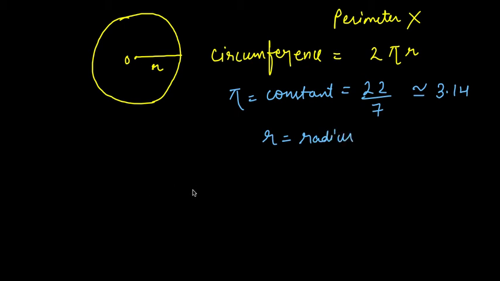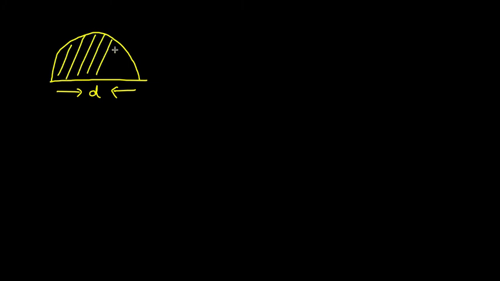The next formula is the area of the circle, which is pi r square, where again pi is a constant and r is the radius of the given circle. This is also calculated in square units. Now I am explaining the circumference and the area of the semicircle. What is a semicircle? This is a semicircle, right? If I cut a circle from the center, I will get a semicircle. This was the diameter, right? This is how I get a semicircle when I cut a circle in half. So this shape, the semicircle, has half a circle and one flat side, which was the diameter of the circle.